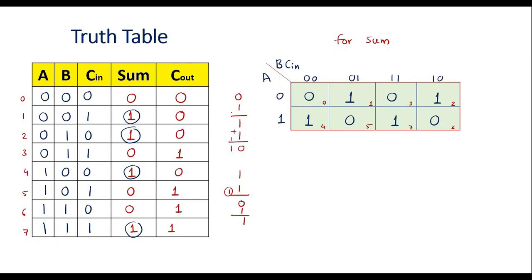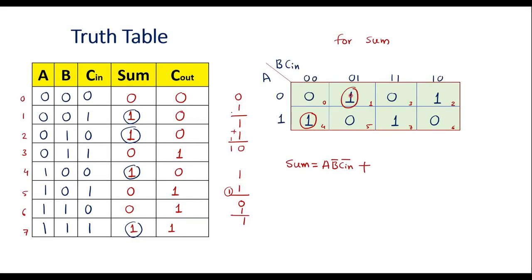So let me do the grouping of ones now. In this 3 variable K map, it is not possible to do any pair, so all the ones are independent. This is 1. The expression for this is A B bar C in bar. Let me write the expression. Sum is equal to A B bar C in bar,